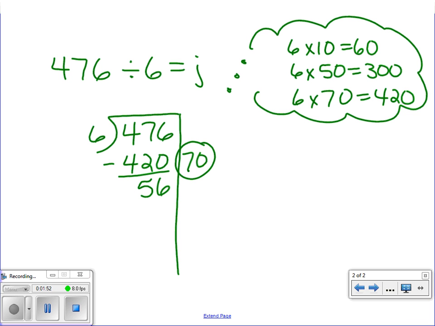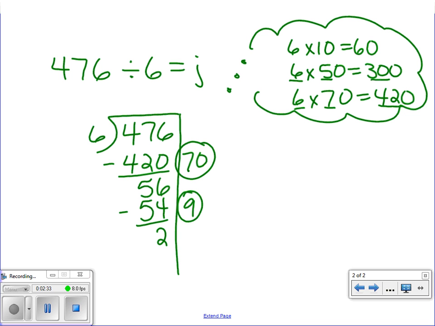So from my 56 jelly beans, I can see that I can get more groups of 6 out of that. And according to my think chart, I know that 6 times 5 is 30, just by thinking about what is already in my chart. And I know 6 times 7 is 42. I could use that to help me, or I could remember my basic facts, and I know 6 times 9 is 54. And if I subtract the 54 jelly beans that I'm removing from the 56 jelly beans, that leaves me with